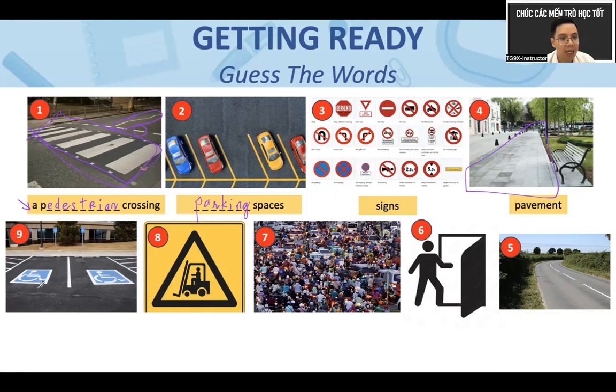Look carefully. Wheelchair. I agree with you. This is the wheelchair. However, who uses the wheelchairs? Disabled. That's so good. So can you fill in the place here? Disabled parking spaces. Disabled person. Yeah, very good.